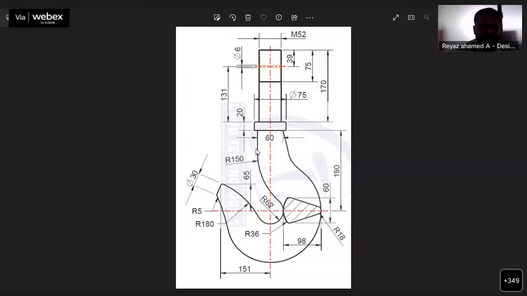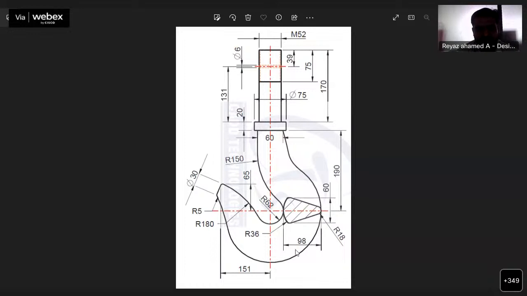So the path may be an inside path or it may be an outside path. We have to create the path first. We have to find which one has to be created, whether the inside profile or the outside profile. So let us read this drawing. Only for the inside profile portion has the dimension been given. For the outside profile portion there is no dimension at all.